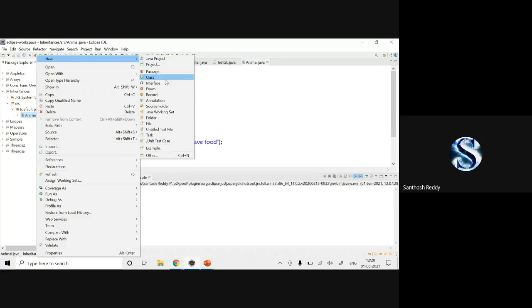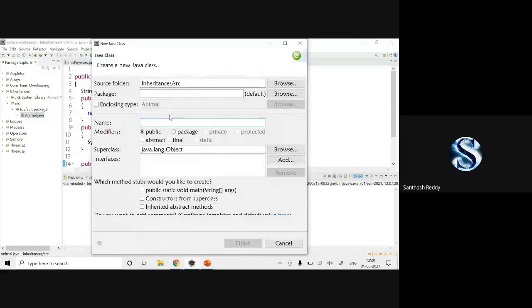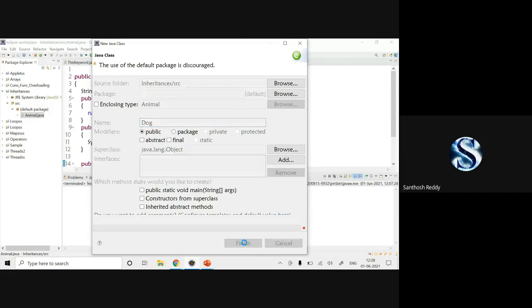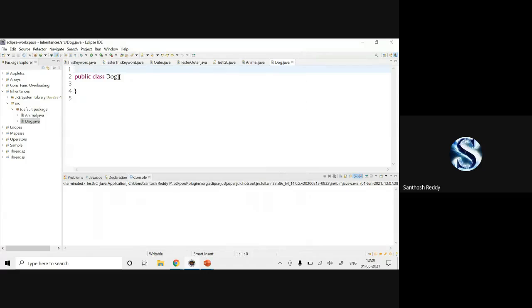New class. I'll create another class called Dog. Here I'll write nothing, just finish. Now I want to extract the methods present in Animal, so I will write extends Animal.